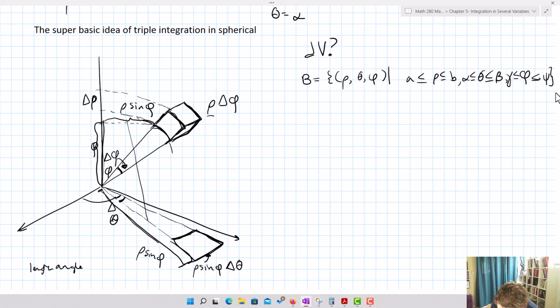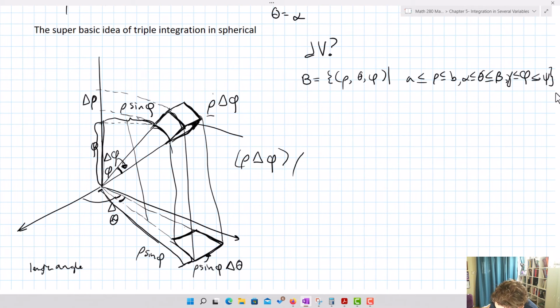So if I multiply the three sides together, by the way, that's that thing right there too, because that's basically just a projection down onto the r theta plane. Okay, so there's that projection. So what we get here is one side is going to be rho delta phi. One side is going to be rho sine phi delta theta. And the third side is just going to be delta rho. Multiply the three of those together, you get rho squared sine phi delta